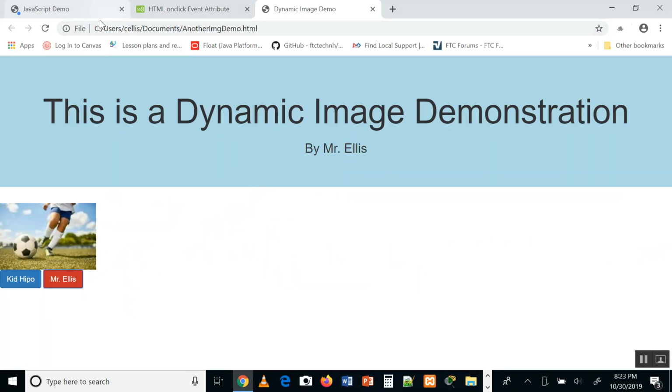Let me reload just in case I did something. First I'll click kid, and I get the kid with the hippo. And as you see, as I mouse over it, I get the kick the ball back. So, click, you get an image associated with the button. That's me. Oh, what a handsome guy. And then if I mouse over, I change back to the default image. This has been a demonstration of your dynamic image